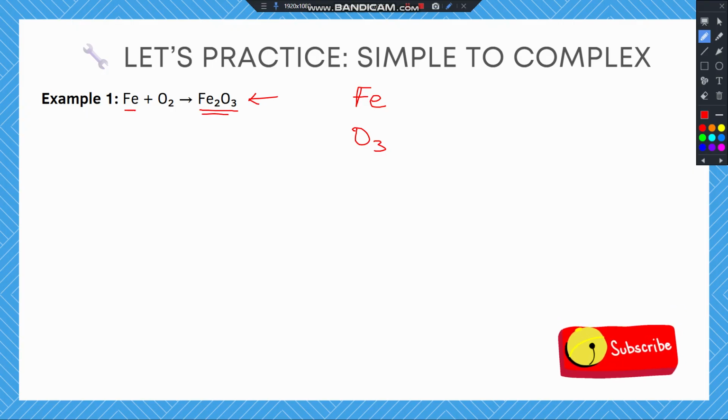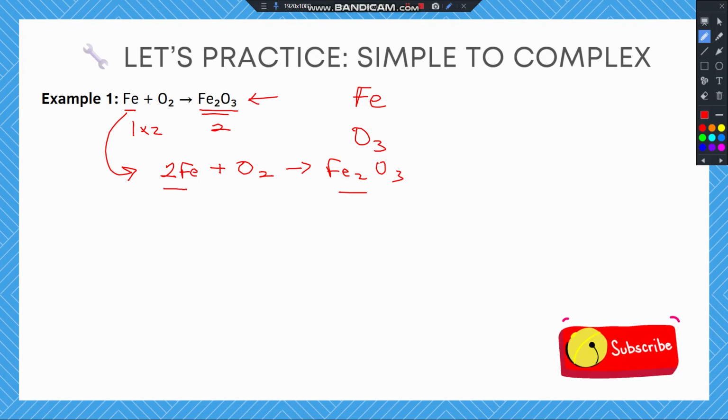On the left hand side, just 1. On the right hand side, we have 2. So to make them equal, we simply multiply the left by 2. So this equation now becomes 2Fe plus O2 giving us Fe₂O₃. So at this point now, this equation is yet to be balanced, because even though this iron is balanced